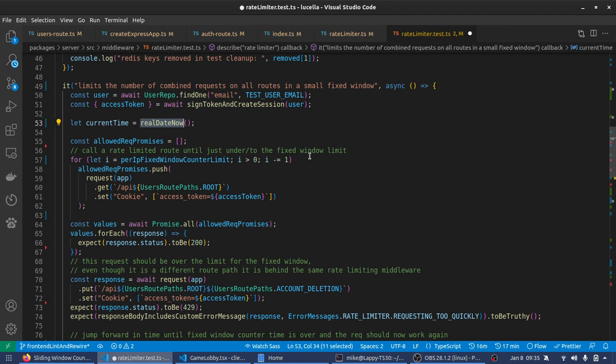So after that, I can make one that I know will be denied. So we will create this array of promises so we can later call them all concurrently, which will just be requests. And for the number of the limit, we want to go up to the limit. So for however much the limit is, we'll make requests and we'll push onto our array